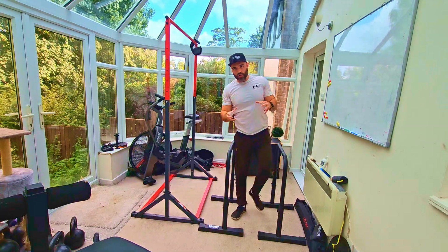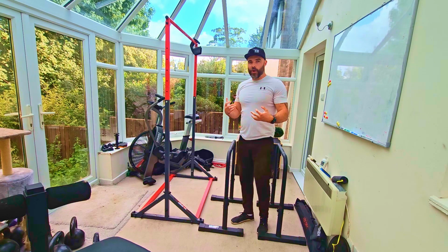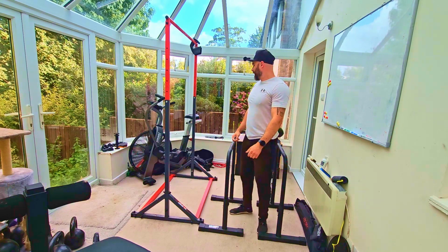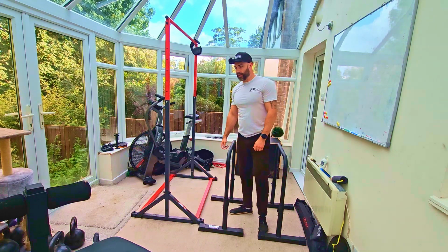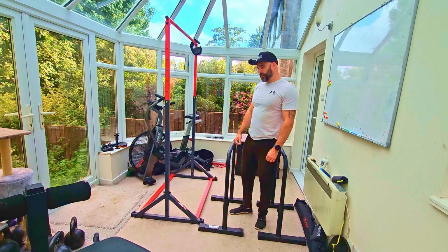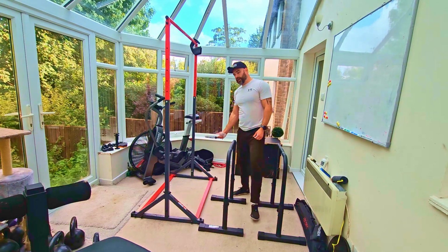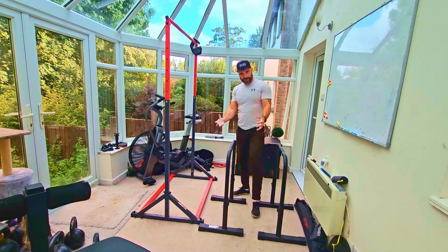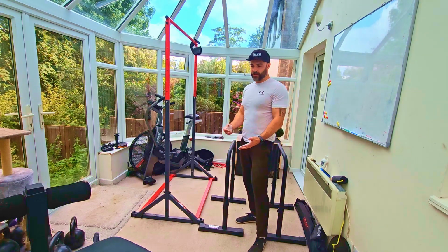I've been doing a lot of, not so much tricep, but a lot of bicep work today, a lot of forearm work today. We've been lifting a lot of boxes, and we had to do a kind of cleanup at work. So in the last day, we've had to move 3 tons worth of product. All of that's had to be lifted by hand. So my arm flexors are feeling pretty fatigued at the minute, especially after Monday's session,